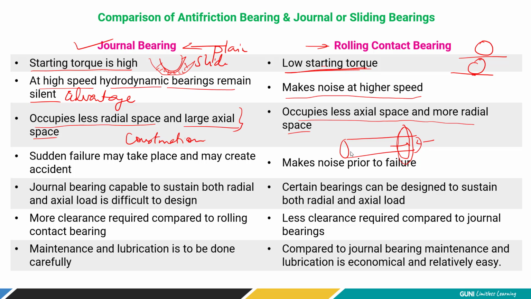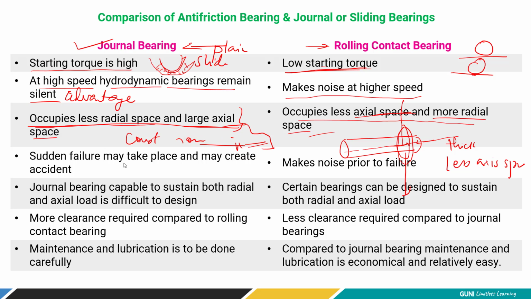Because the thickness is very little, with respect to the axis it occupies less thickness, or you can say less axial dimension or less axial space. So the ball bearing occupies less axial space but more radial space. Because it is circular, it requires radial space. But in the case of the general bearing, the reverse is observed, where it is so constructed that the axial space is very high, that is, it requires some kind of thickness to fix it, but on the radial side it requires less space.